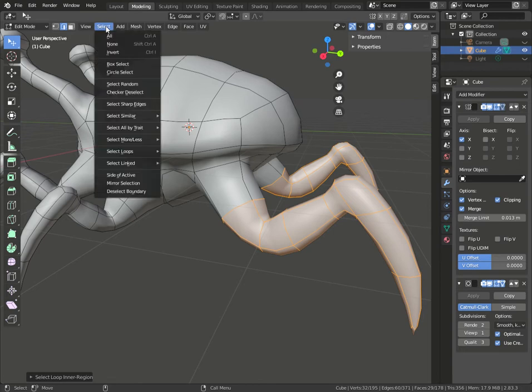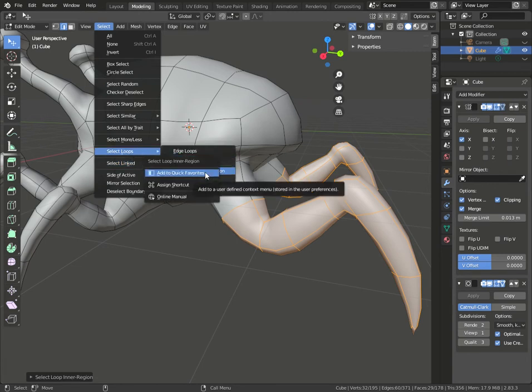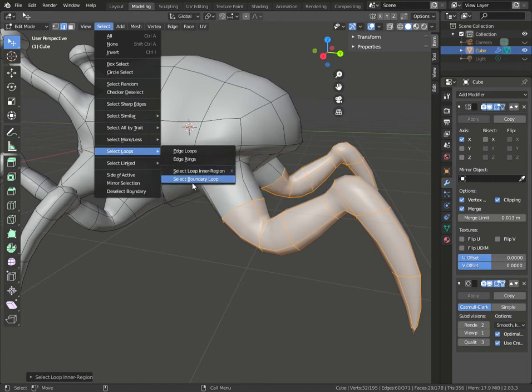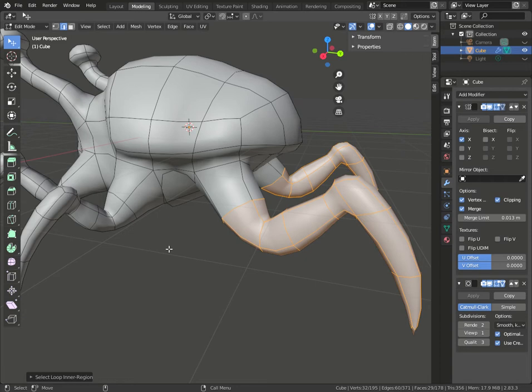So very cool. But remember, in the select menu, you do have select linked and select loop inner region, which I have mapped. I'm going to go to assign shortcut, and I'm going to set it to X. Because I use those a lot, so having them close to Alt, where my left hand is resting naturally, those are great quick keys, right? The more you can have comfortably on your left side for quick keys, the better, particularly if it's comfortable resting. It's one of the reasons I love QWERTY, Alt, because they make a lot of muscle memory sense. They're all really easy to get to and